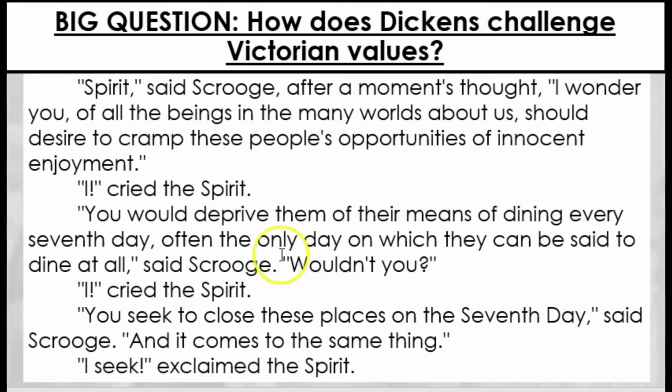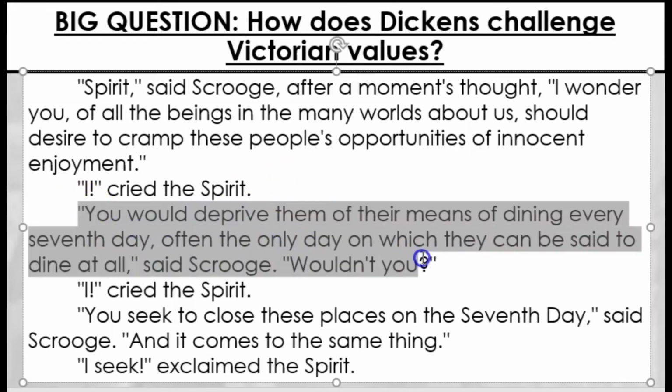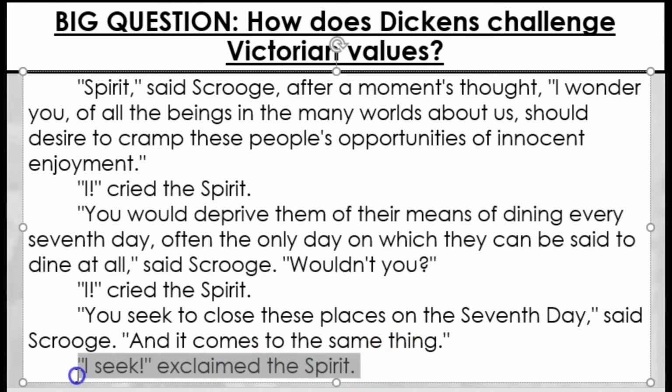So an interesting thing going on here is that Scrooge is puzzled why the spirit would see that the shops are closed on Sunday. Sunday, of course, is a day of worship, and so that's when shops and things close. At least it used to be the case in Victorian times. I know nowadays shops are often open pretty much all the time. But it was very uncommon in Victorian times. Shops were made to close up on Sunday. It was seen as a day of rest. But Scrooge is a businessman. He would much rather have every opportunity to make money. So he's wondering why he would close the shops providing foods, because he thinks, well, if you close those shops, you're stopping these people going there to buy the nice foods to have. But of course, there's something else going on here. This idea of the spirit seeking for something.